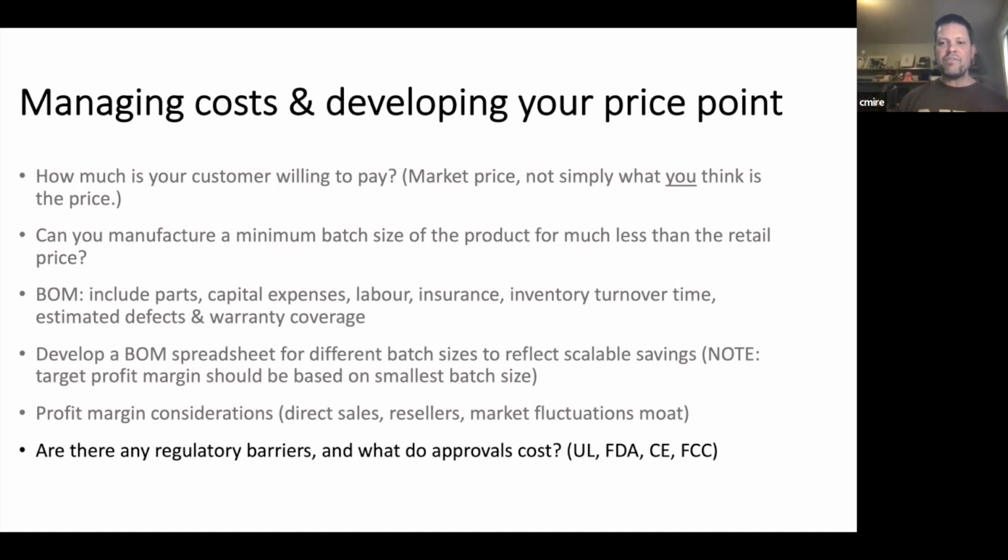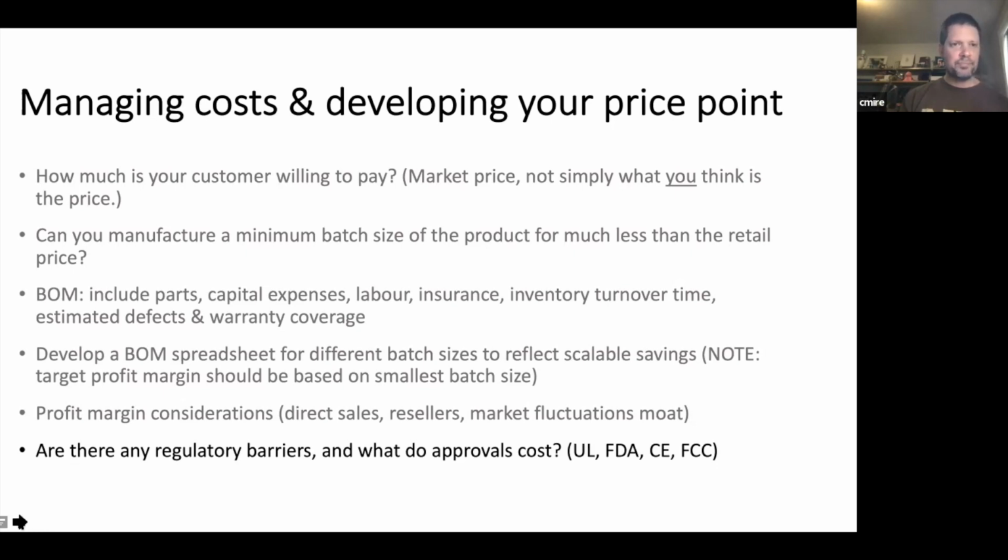Okay. And FCC is the Federal Communications Commission. Usually that has to deal more with Wi-Fi, Bluetooth, any kind of communications connectivity. So anyway, all of those regulatory barriers, make sure that you understand them very well. If you don't, find advisors who do understand them better than you, who can fill you in on what needs to happen with respect to your product and what it's going to mean for your timeline of getting your product